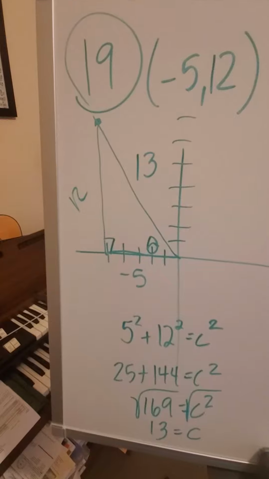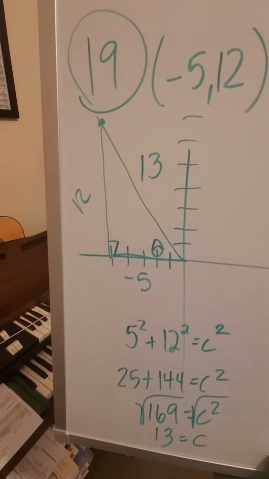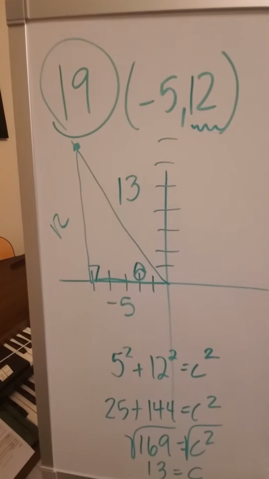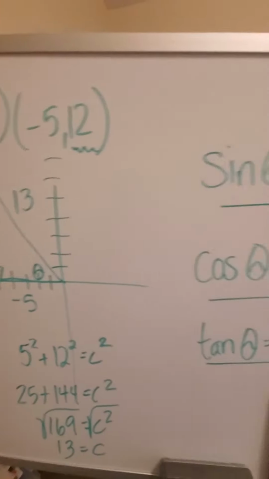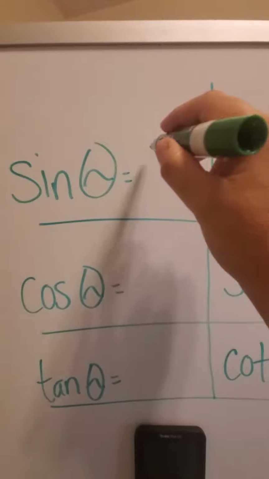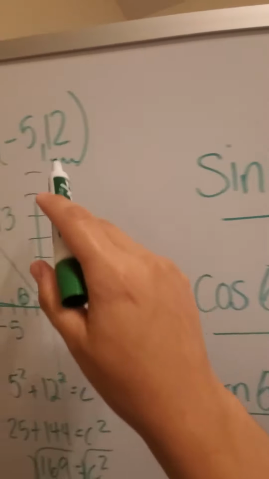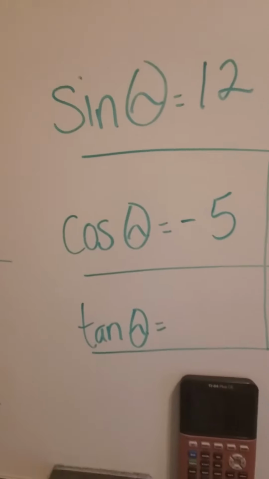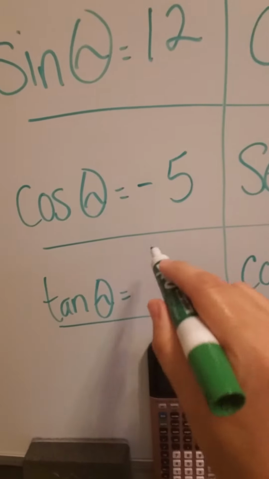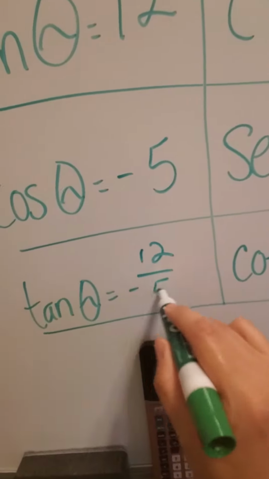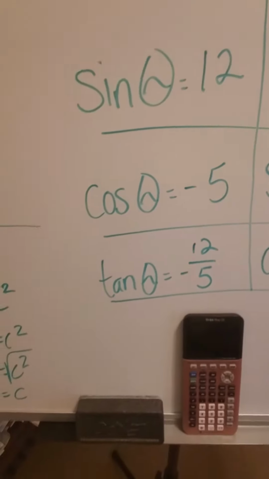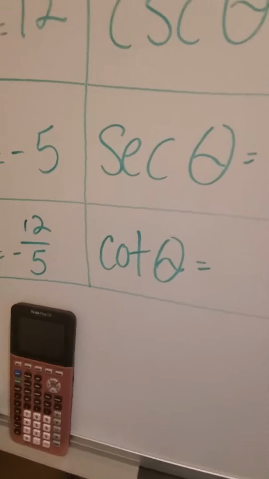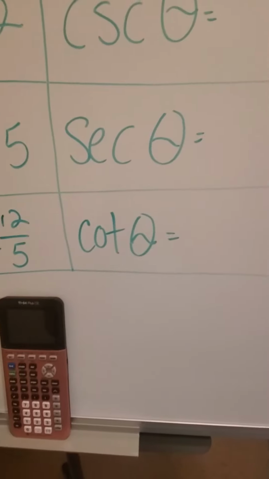Now, remember, my sine is real easy because my sine is whatever my y value is, right? So I can put 12 here, and cosine is this number here. Now, tangent is that over that, so 12 over negative 5, okay? Then cotangent is the flip of this, so let me see if I can wind this a little bit so